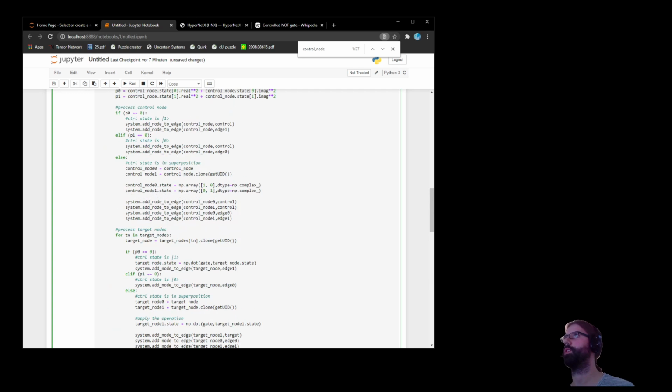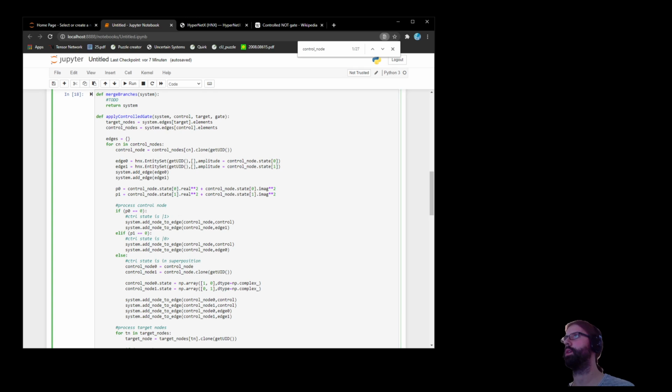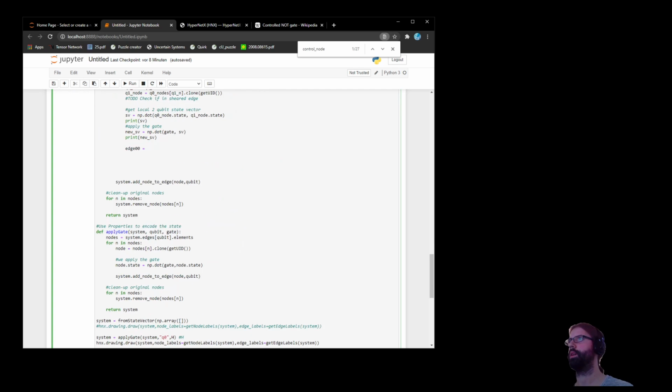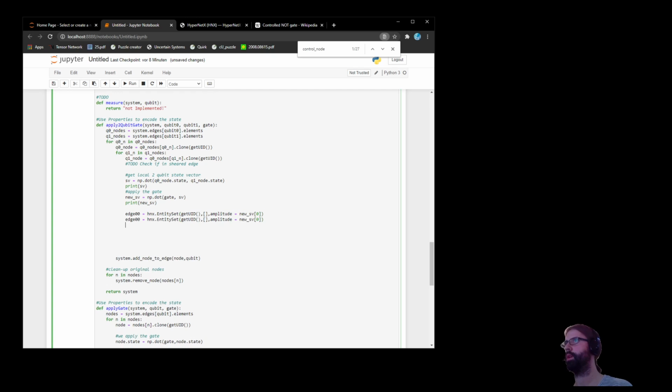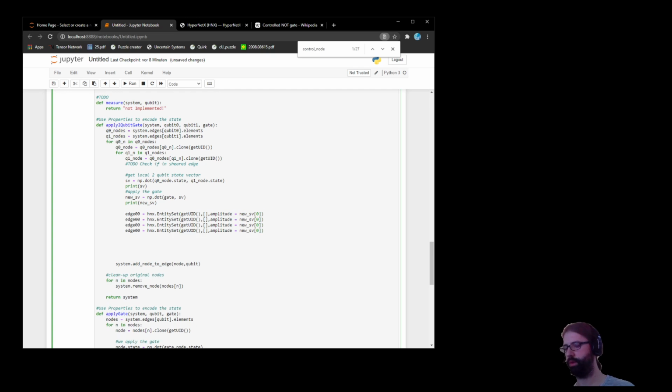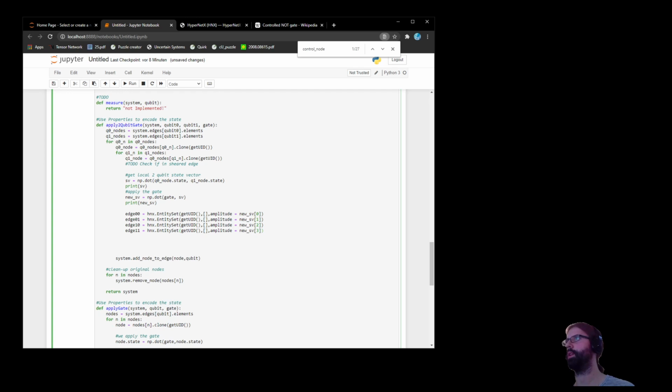How do I create the edges? So how do I do this here? An entity set. So the edge 0, 0, 0 is basically new SV 0. So I'm just literally 1, 2, and 3. That's the way this will work. So I create the edges,